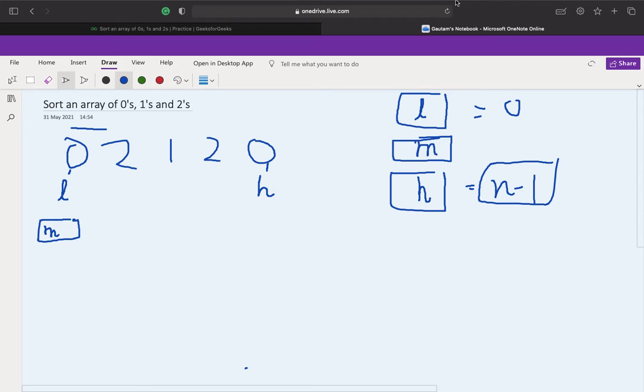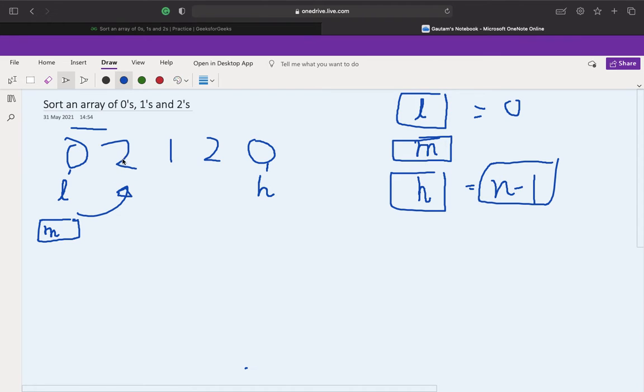First we'll simply check ARR of mid. If it is 0, we'll simply swap it with ARR of low, which is maintaining the position of 0, and we'll increment the mid. Now mid is in this position.